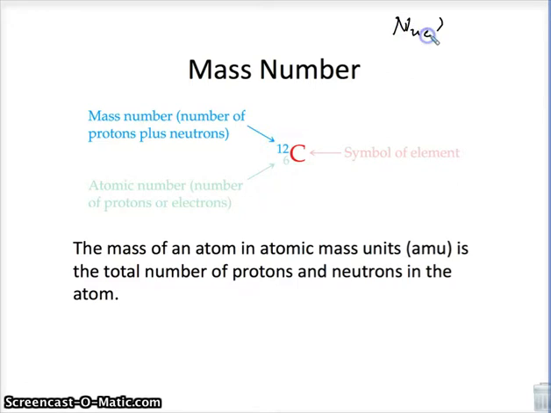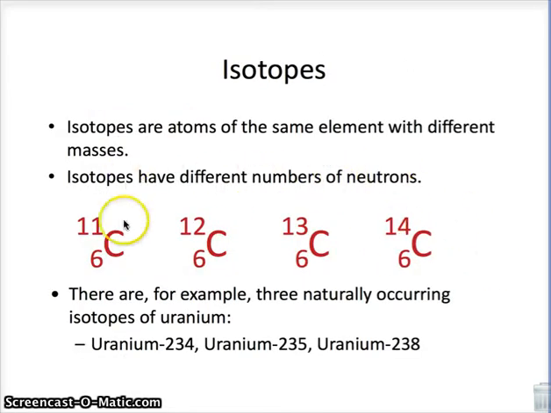Okay, a nuclide, basically you have the symbol, you have the mass number over the atomic number. And this is a nuclide. This is how we differentiate between isotopes. So isotopes, notice that we have the same symbol, we have the same atomic number. What differs is the mass number, which means the difference in the mass is because of differences in neutrons. Okay, mass number, from the previous slide, remember